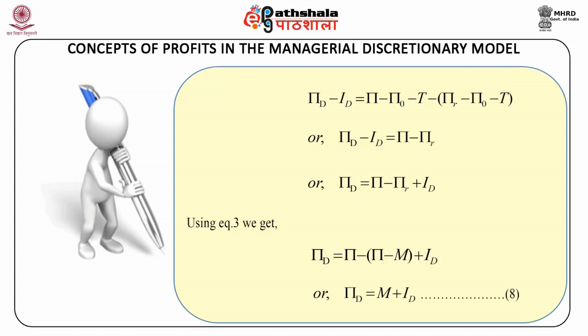Using equation 3, we get pi d is equal to pi minus m plus id, or pi d is equal to m plus id. Equation 8 states that it is management slack that makes the difference between discretionary profit and